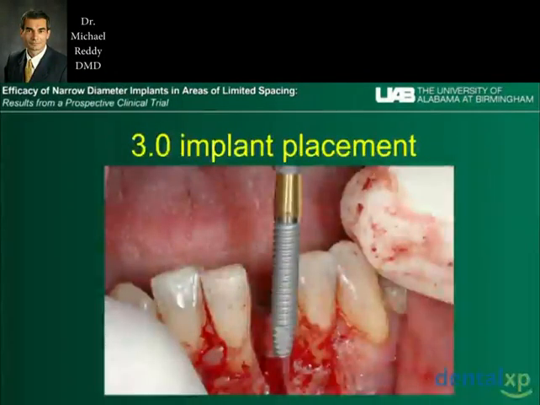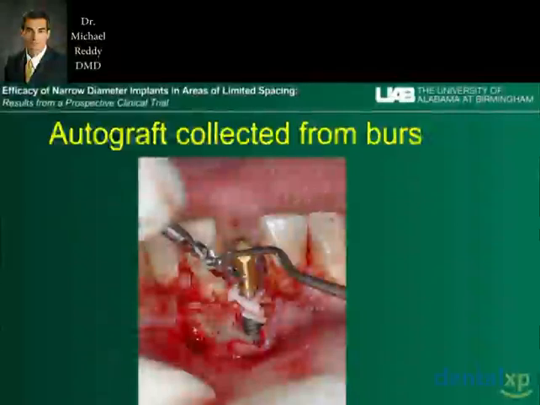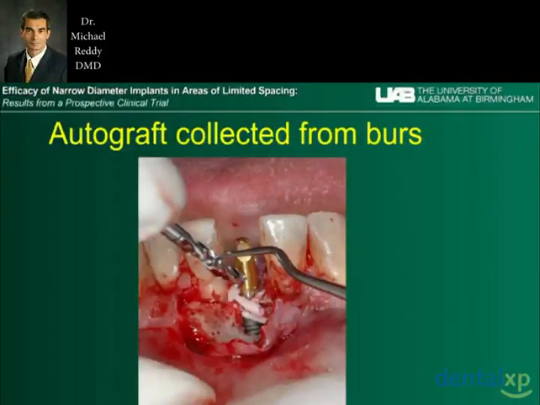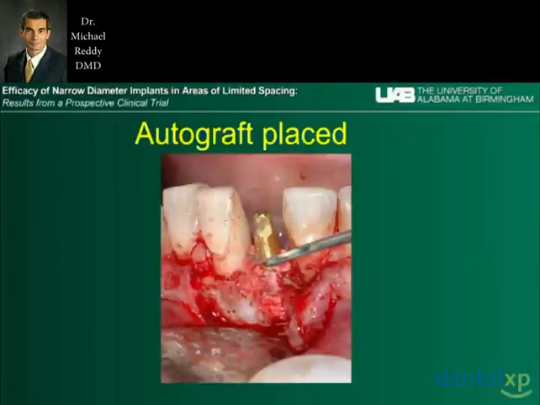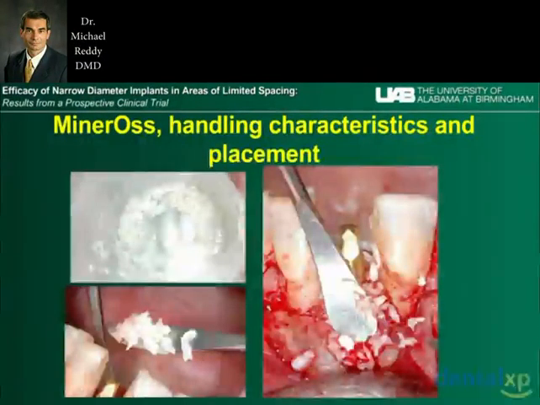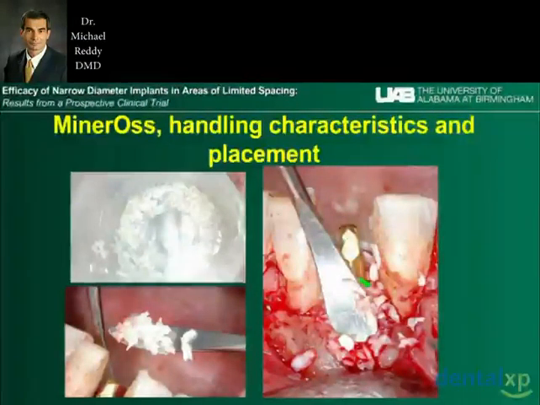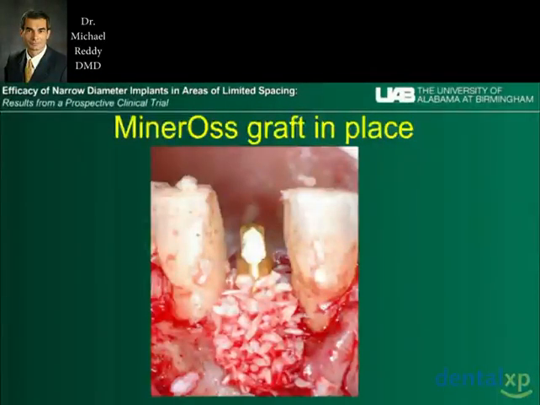In this case, we used a longer implant, a 3mm implant again, and placing it down, because it's an 18mm implant, although there's about 8mm of threads exposed here, we can go ahead and place it down into some bone, collecting the bone from the burrs, or going ahead and grafting that site, and then placing that allograft over it, and then using a freeze-dried mineralized allograft over the top of that, over the native bone, to go ahead and build that up,